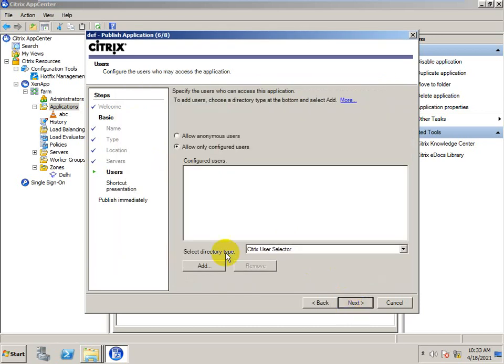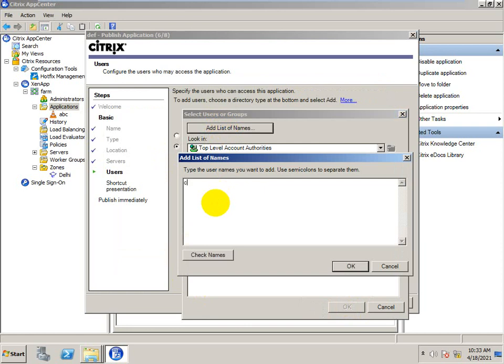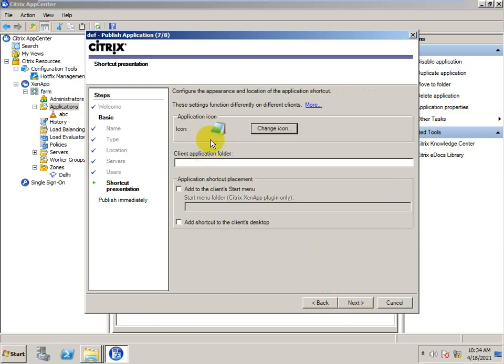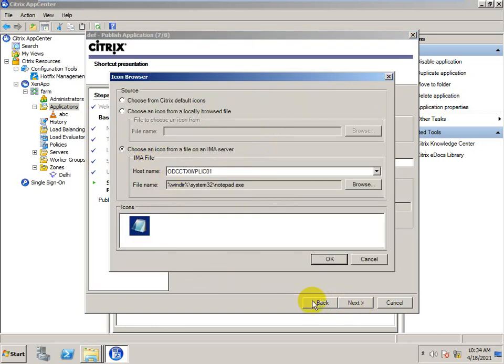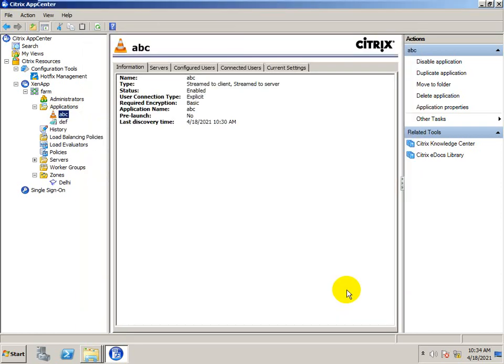Then okay, next. Here you need to add a user, just Citrix less. Okay, check it. If you want to change the icon you can change it, but finish.